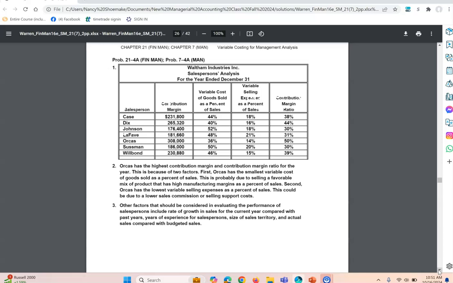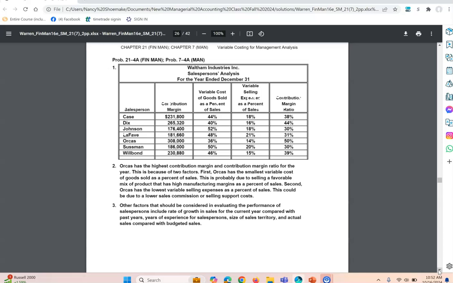Orcus has the smallest variable cost of goods sold as a percent of sales. Maybe he's got a good mix of product that has high manufacturing margins. And he's got the lowest variable selling expenses. This could be because he's got a lower sales commission, or he might have a smaller cost in selling his